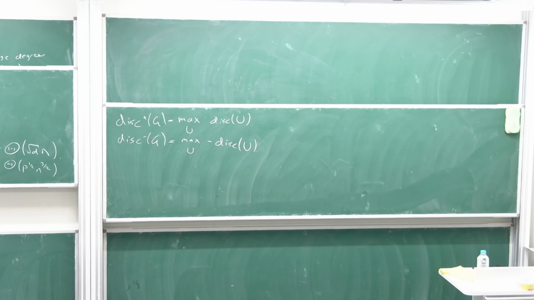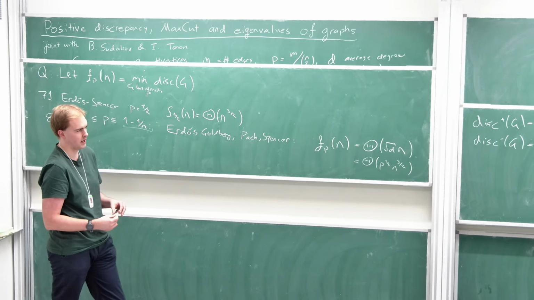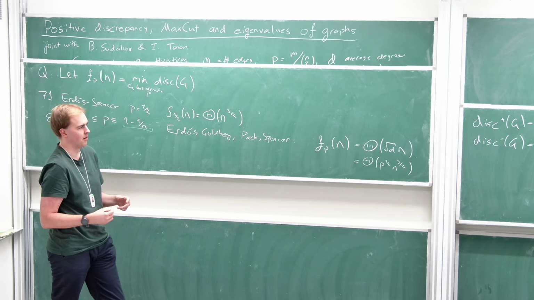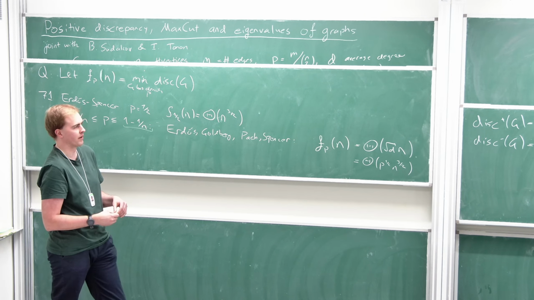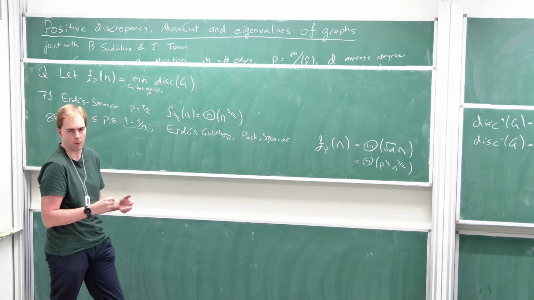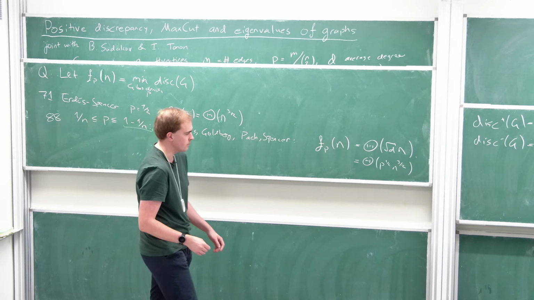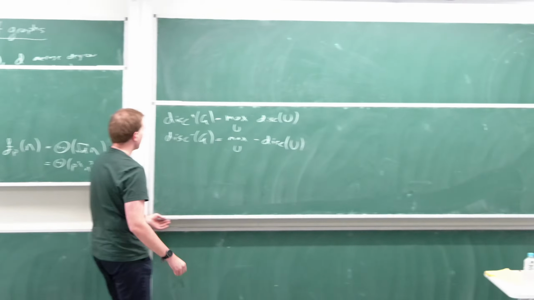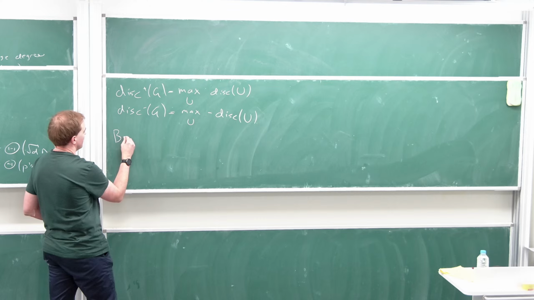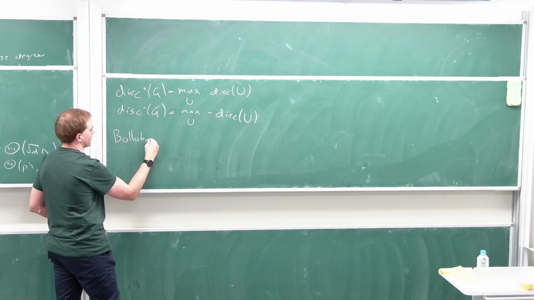So these results show that at least one of them is large, but the more interesting question now is what can we say about the smaller one? Can we prove some non-trivial lower bounds for it? So in 2006, Bollobás and Scott